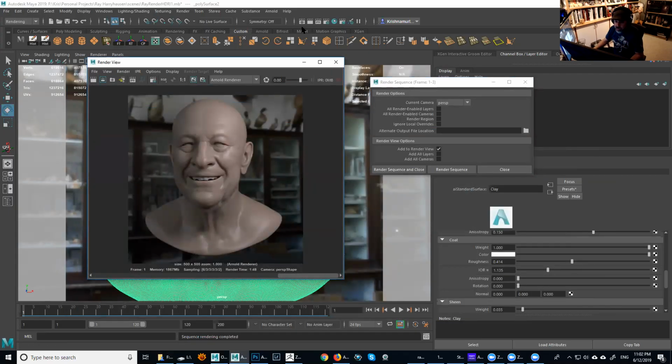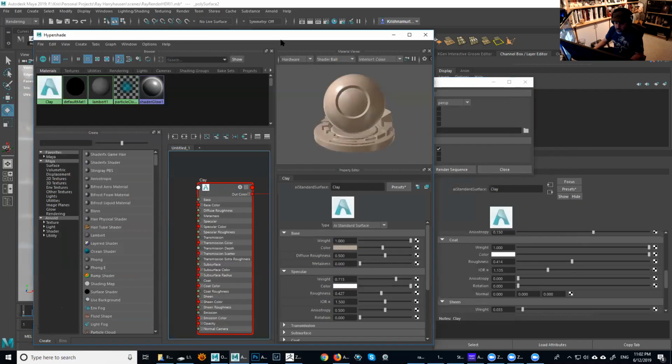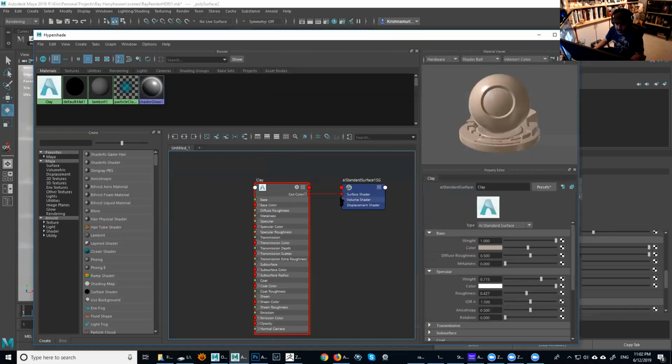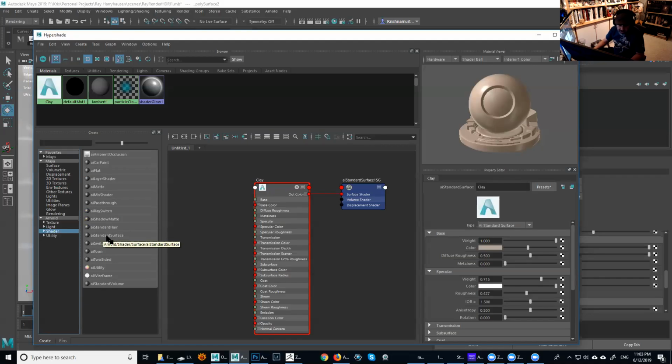About the shaders, let's go back in here and see which ones we start with. The one I mentioned is this Uber shader that Arnold has. It's the main shader for everything. If you click just Arnold, you're going to see the shaders for everything. It's all mixed. It has nodes for lighting and everything. But if you click just shader, you're going to see one here, 7th from the bottom, called AI Standard Surface. That's the one you want. If you're using physical hair that's going to be doing a lot of XGen render, you're going to use the standard hair.